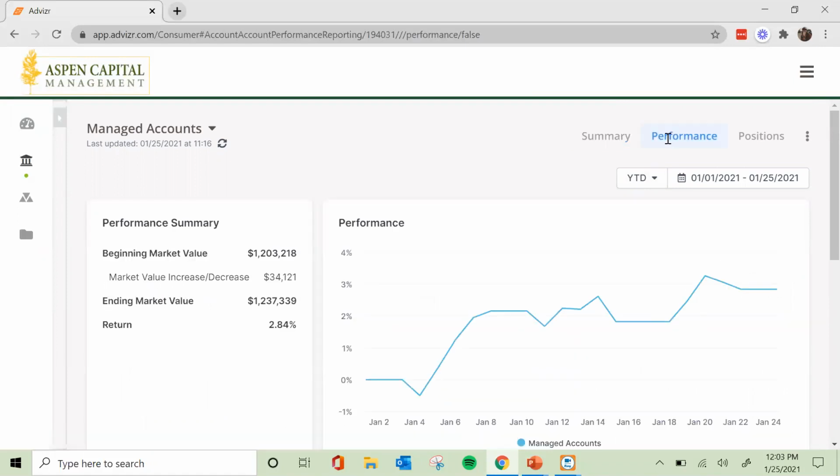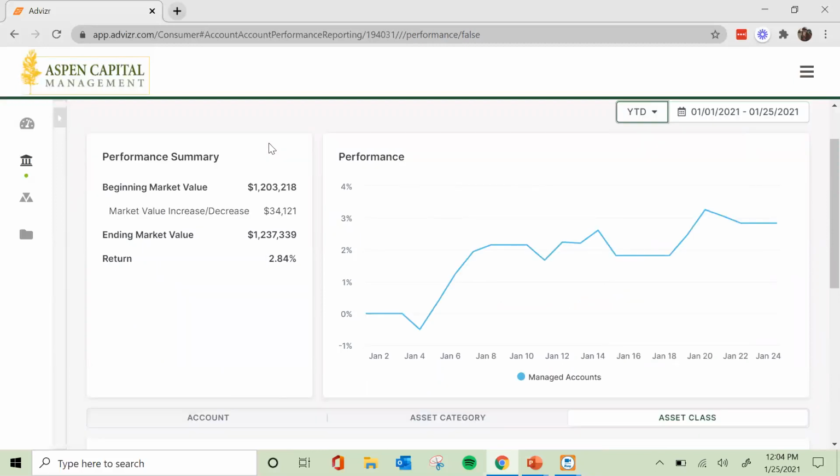As you can see on the Performance tab, there is still the setting to select either your managed accounts, which is the portfolio as a whole, or a specific account performance. Again, there will be the date range on the upper right-hand corner where you can select viewing performance for different date ranges available, and all of the information below will be informed by those date ranges. If you look on the rest of this page, you'll have the ability to view beginning and ending market value, as well as your portfolio return for the period,